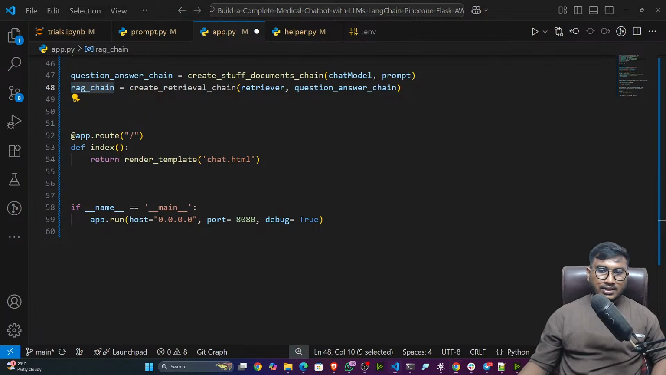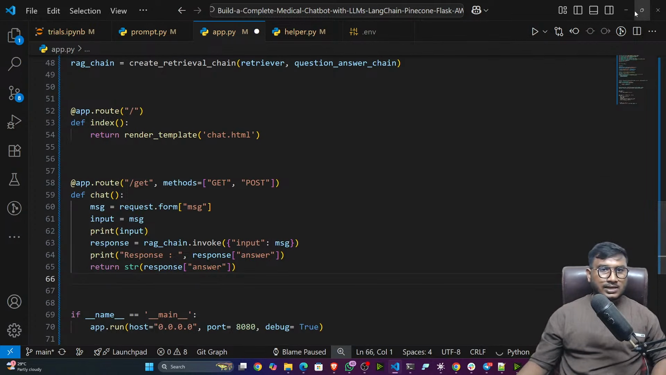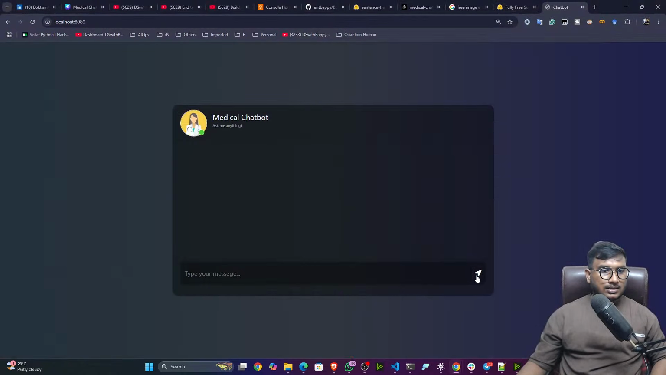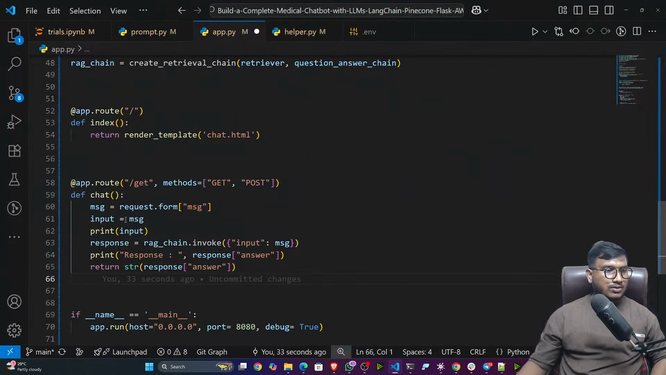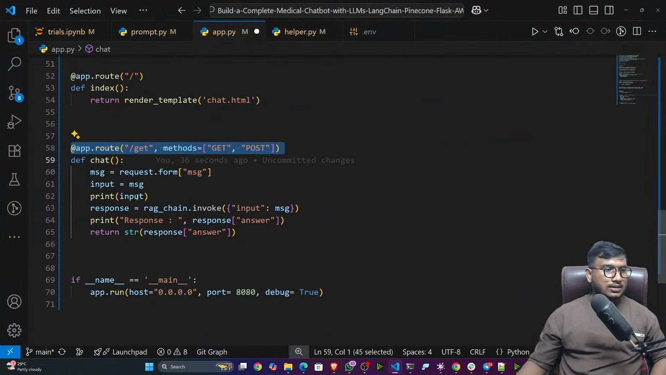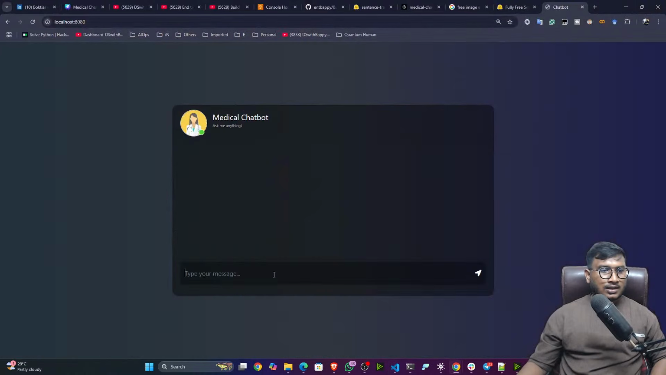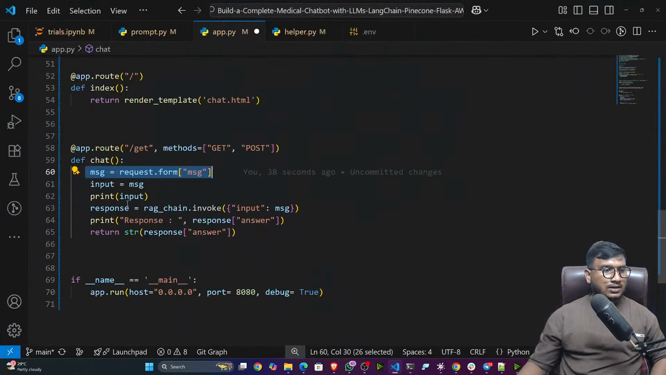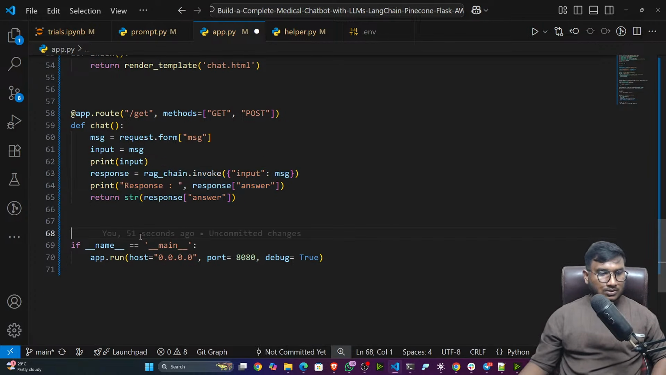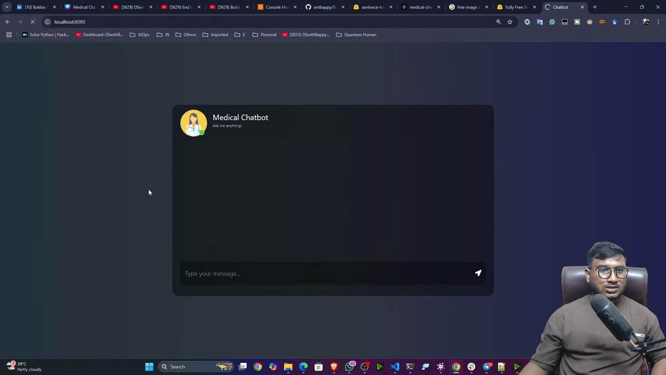For this I will create another route. Whenever the user clicks on the send button, this route will be executed. It will get the message, whatever message the user is sending in this form. I receive it here as input, then execute it in my RAG chain, with input equal to message, and whatever response I get, I show in the chatbot. So this is ready. Now let me save, and if I come here and refresh,